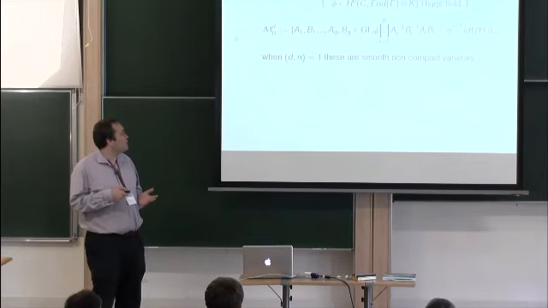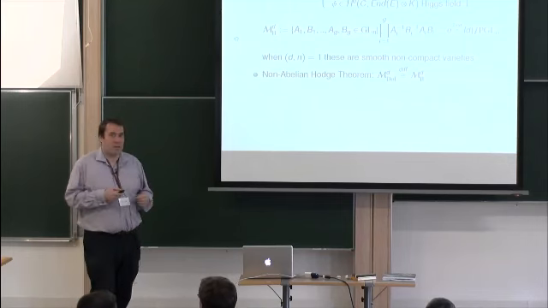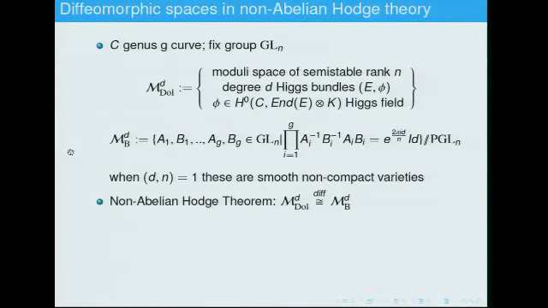There is a canonical diffeomorphism which you can formulate in a conceptual way as the non-abelian Hodge theorem, that there is a canonical diffeomorphism between the moduli space of Higgs bundles and the representations of the fundamental group. So one way to think about this is really just the non-abelian Hodge theorem, and the other way to think about this is to note, as in the original introduction of this space by Nigel Hitchin, that this moduli space of